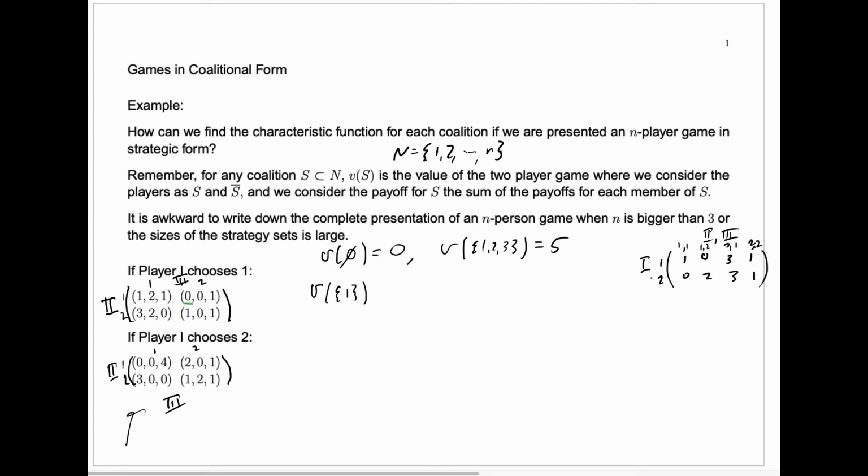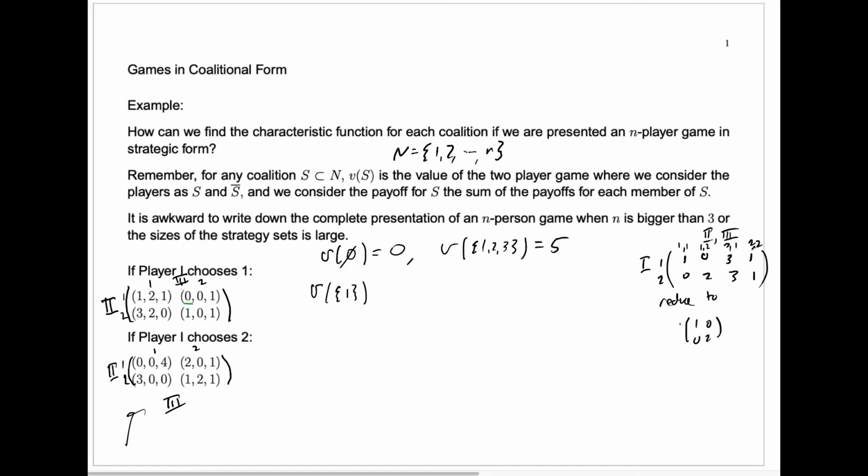And then we ask, what can player 1 guarantee here as a maximum expected return in such a game where player 1 is playing against 2 and 3? Well, we solve this as if it were a 2-player zero-sum game. And we can do that very easily here because it's easy to see that column 1 dominates columns 3 and 4. That 1, 0 has smaller entries than the 3 and the 3, or smaller than or equal to here than the 1 and the 1. So we can reduce to